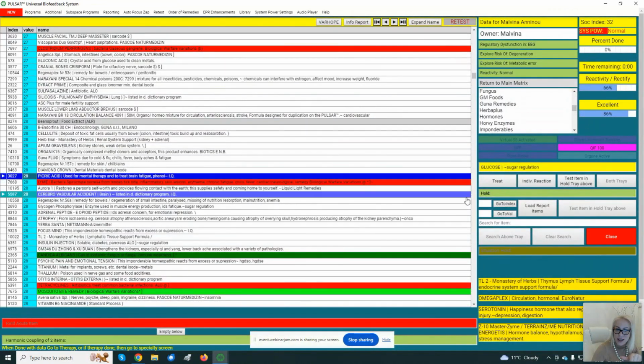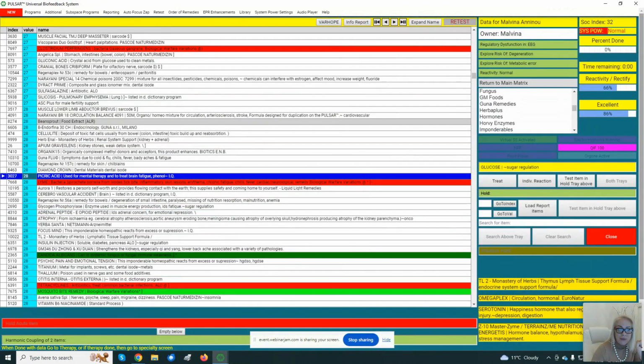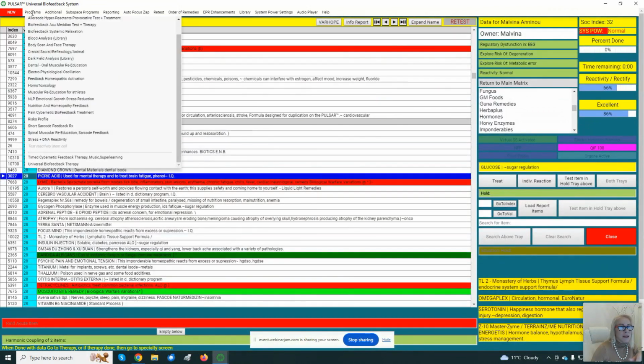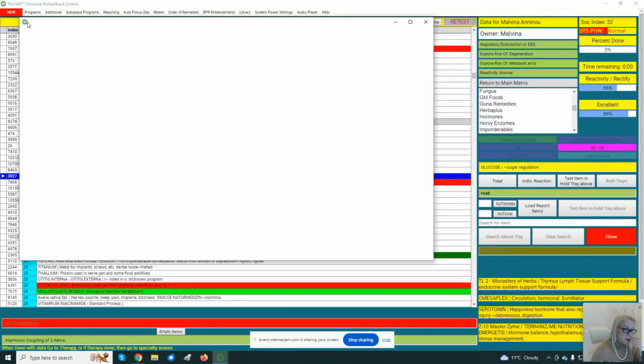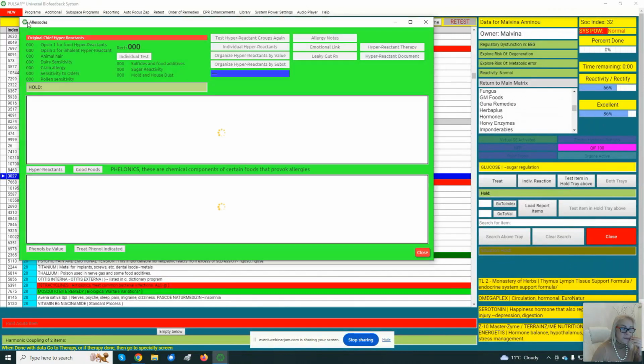So, the device is always trying to tell you a story. When you're closing a panel and your cursor lies on a specific item, it's telling you a story. So that needs to be done. Okay. I would normally do a treat here too. But let's do the allosodes since we're here and it told us to do it. I like to follow the unconscious because for some reason